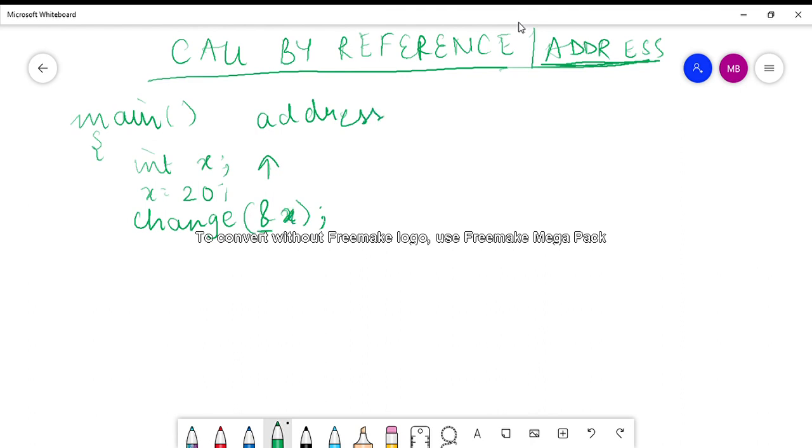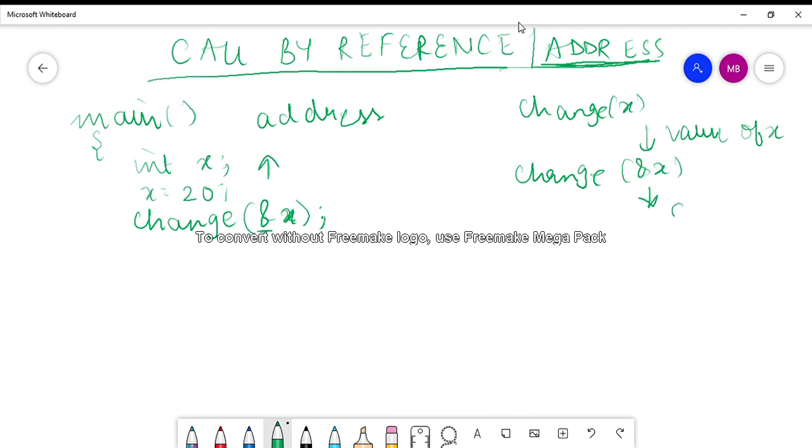But if I write change ampersand x, that means I am talking about the address of x, that is, the location where x is stored in memory.